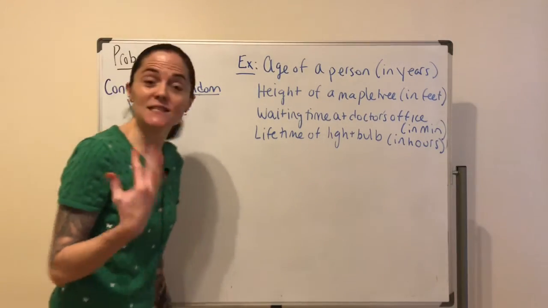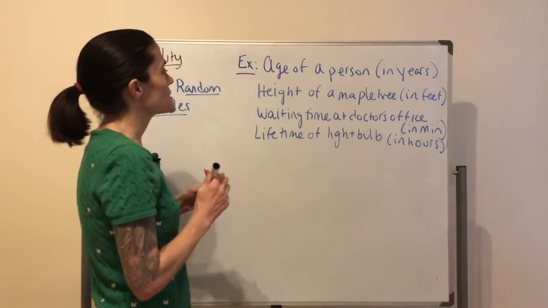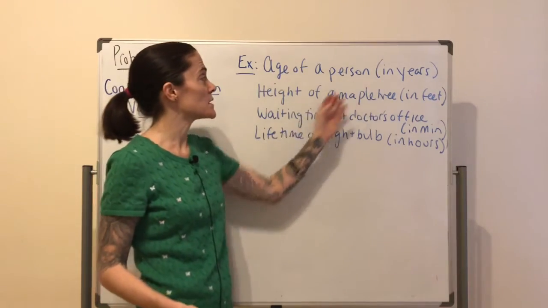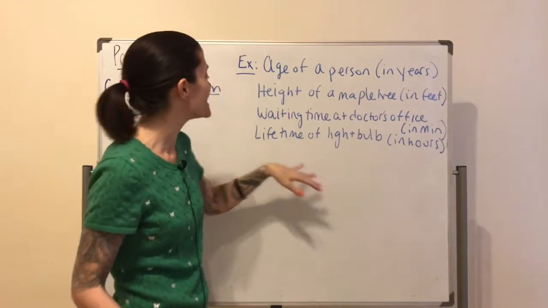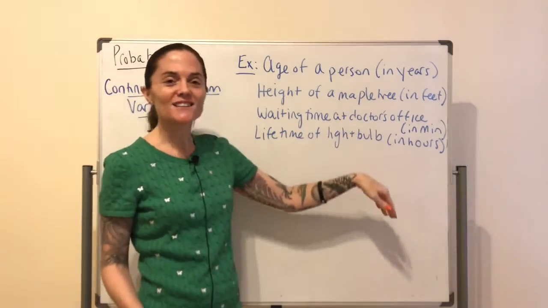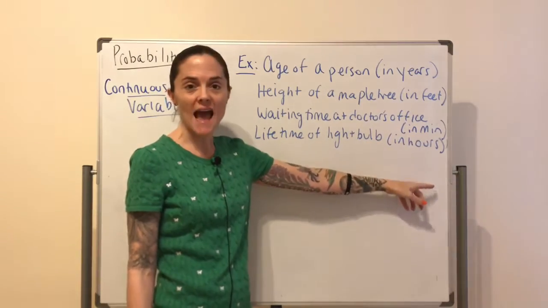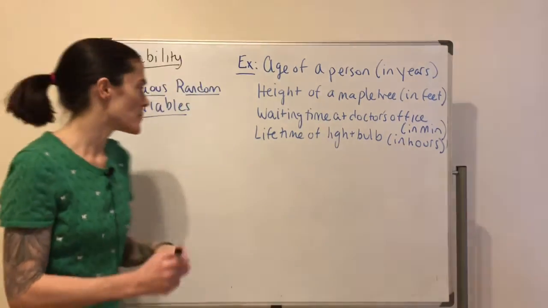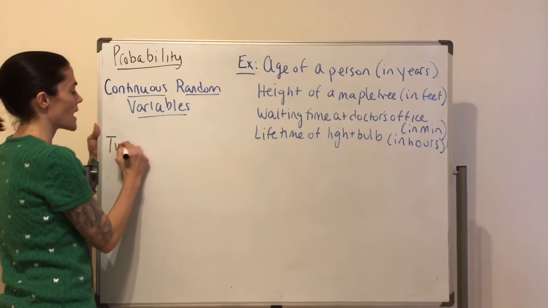And let's see a few examples of these. So you could put random in front of the noun. The age of a random person in years, the height of a random maple tree in feet, the waiting time at a doctor's office, the lifetime of a light bulb. So this is in minutes and hours. These are all examples of continuous random variables. Okay, so what is this? These are typically denoted X,